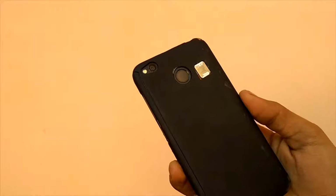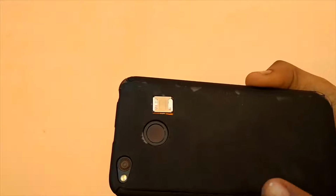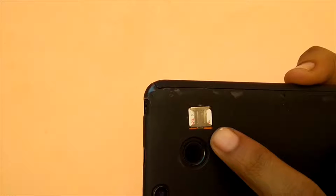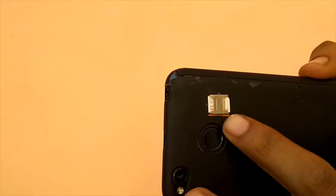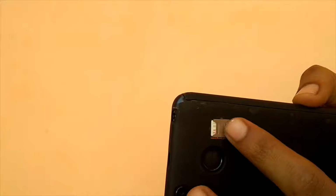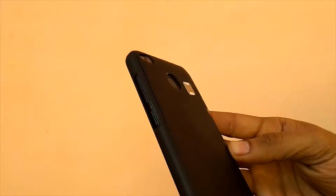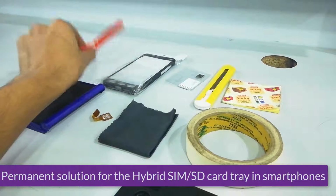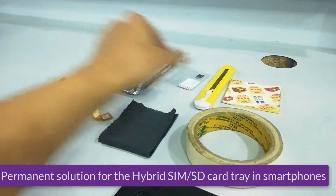This video will be all about using a hybrid SIM adapter for installing two SIMs and a memory card in a hybrid SIM slot. Okay. So this is the way a phone will look like, and it's pretty impressive. So let's get started. For this you need a cutter, usually a smaller one, and then a bigger cutter, maybe,